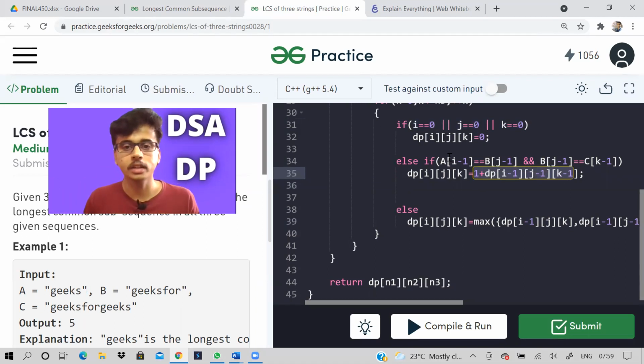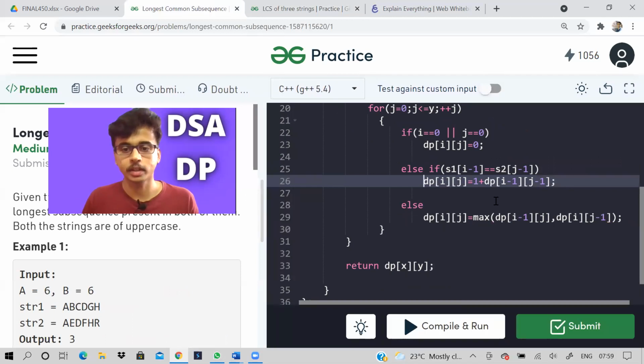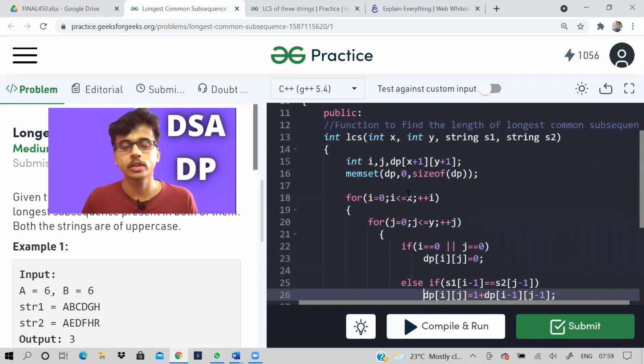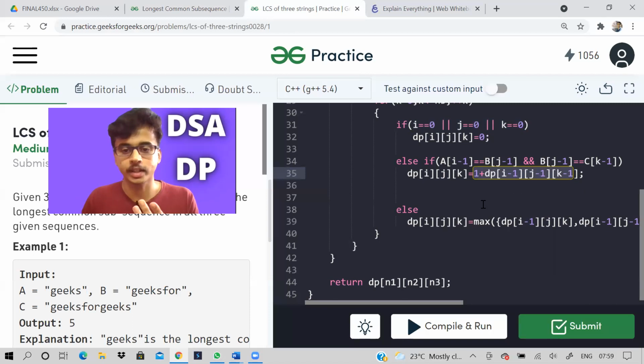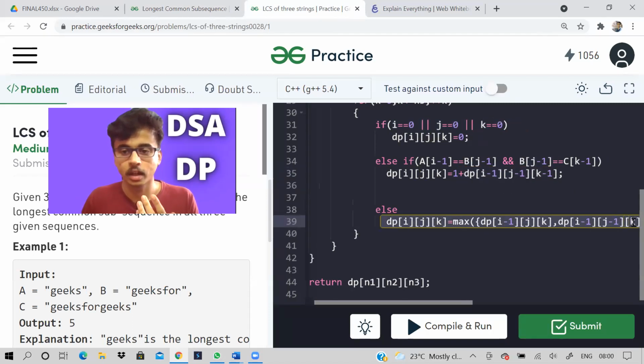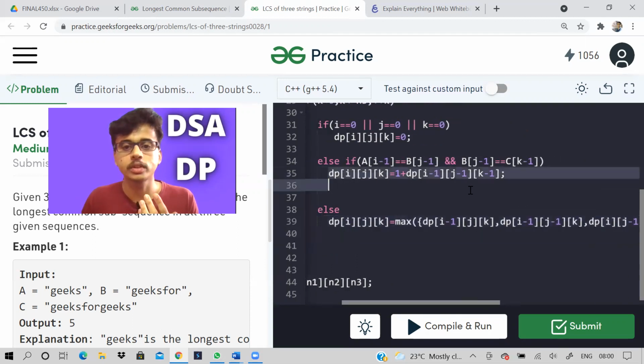See, I can't draw this 3-dimensional. I don't have tools to draw the 3-dimension, but you don't have to struggle too much. If you know LCS, so if you have not watched LCS, you watch the LCS video. I have explained over there, taking the DP table. I have done recursion explanation also. Just extend that idea for LCS of 3 strings. And this is the main important step. So I hope you have understood this step.